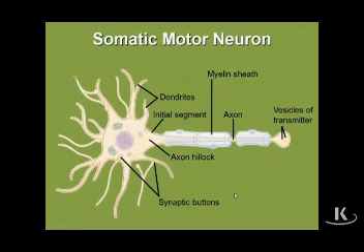So when we look at this schematically, this could be a representative somatic motor neuron. We would have a cell body. It would be in the spinal cord or in the brainstem. It would have an axon that would proceed all the way out through the peripheral nervous system, however far it has to go to get to a skeletal muscle that would be out here, and it would innervate it. It would be one neuron the whole way.